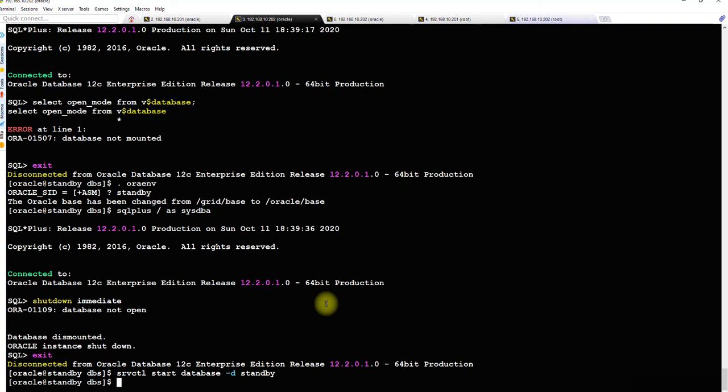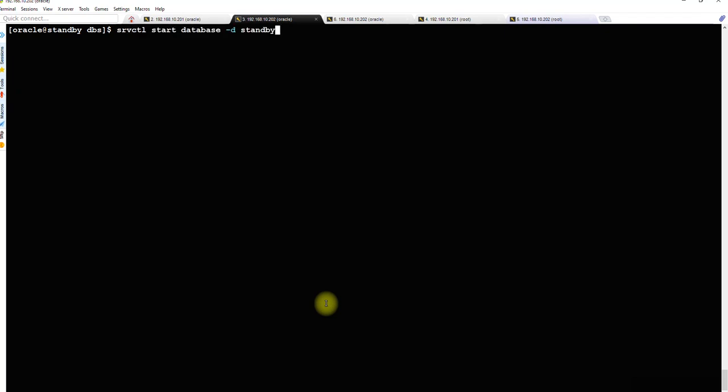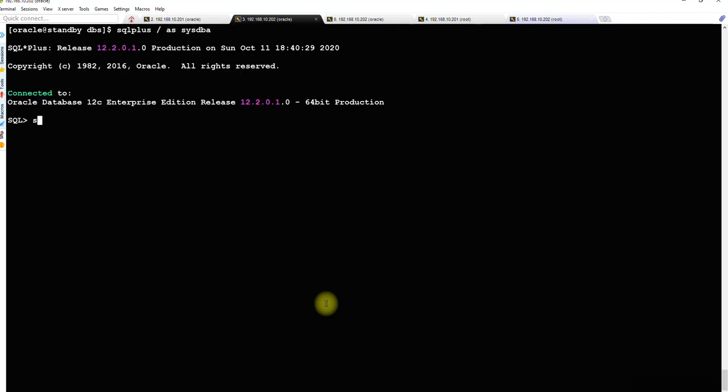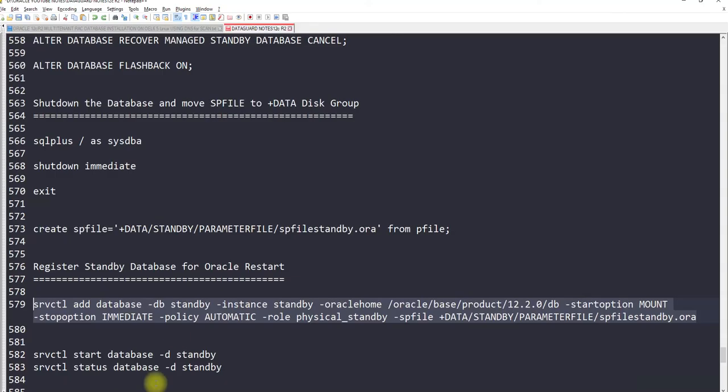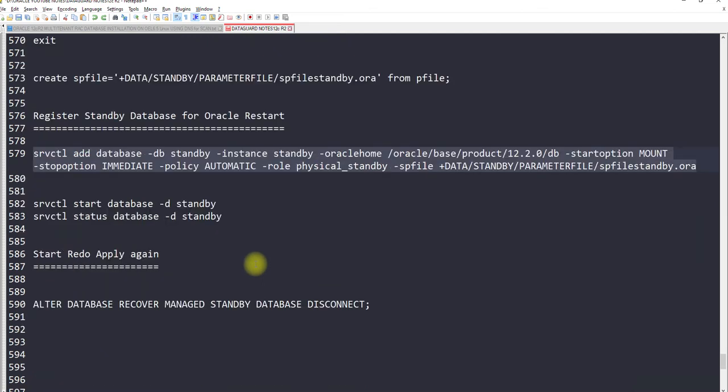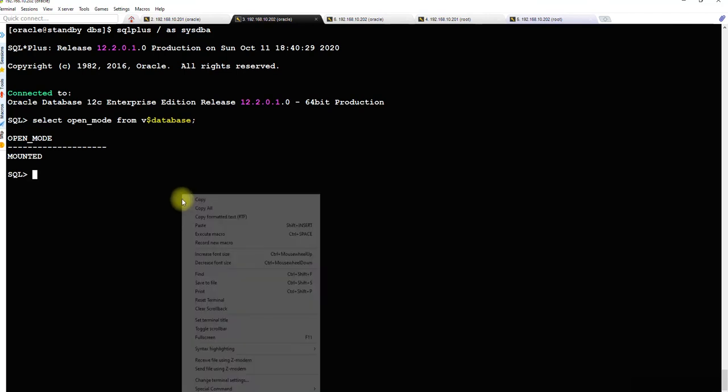Okay, it looks like the database is started. We will connect using SQL plus. Select open_mode from v$database. Okay, so now it's mounted. So what we will do is we will start the apply services again. Okay.